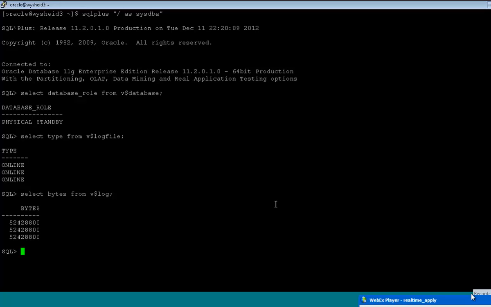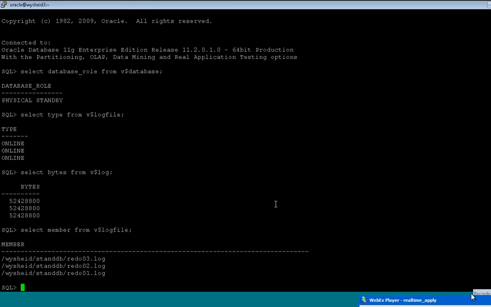Let's try to find out the path of the current redo log files. We'll try to create there itself. Select member from $logfile. Okay. So this is the place where we have the standard, the current location of the online redo